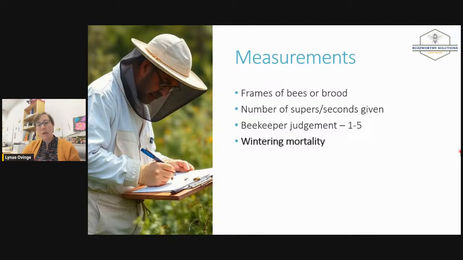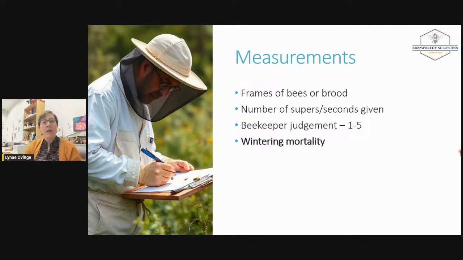Same with when we were checking doubles, all the good doubles would get a super, the rest didn't, and we check them later. So that's the sort of thing that's indicative of the strength and the quality of the yard that your crew leader can just write down at the end of the yard and get you some really easy data. Okay. Like I said, lots of respect for beekeeper judgment. If you're wanting to kind of formalize that more, you could try some 1 to 5.